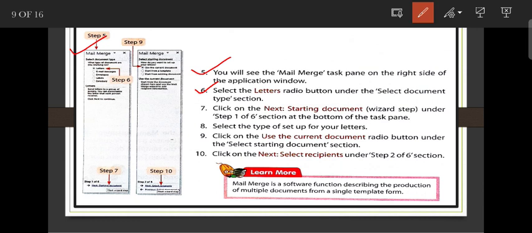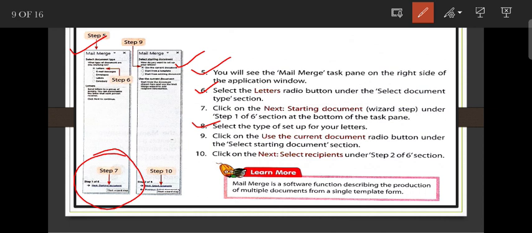Click on the next starting document wizard under the step 1 of 6 at the bottom of the task pane. Here you can see you need to click on the next starting document. Number 8 option is select the type of setup of your letters. Here you can see use the current document, since you have already written the letter.